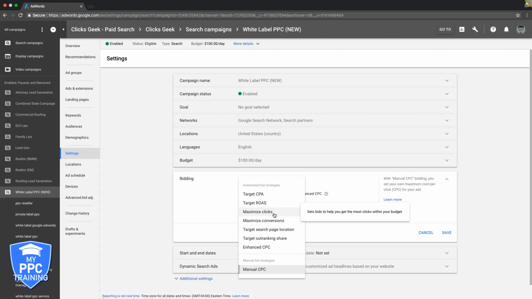And it's really powerful. So if you guys have any questions about these bid strategies or you want further clarification,